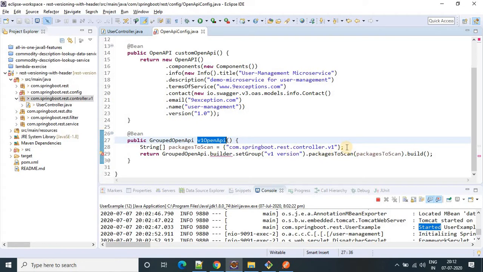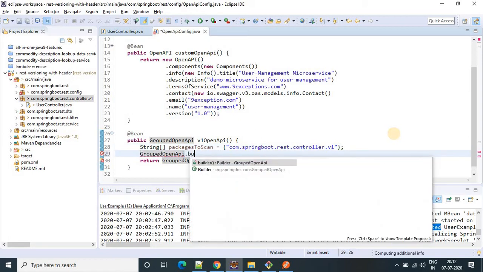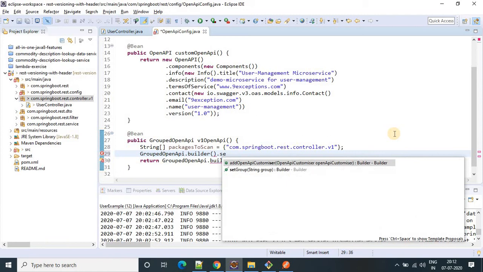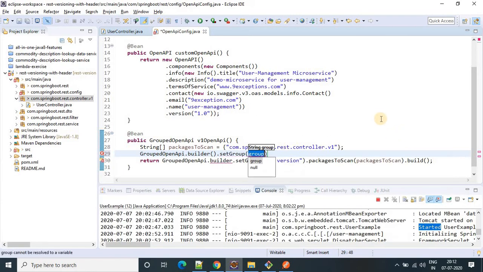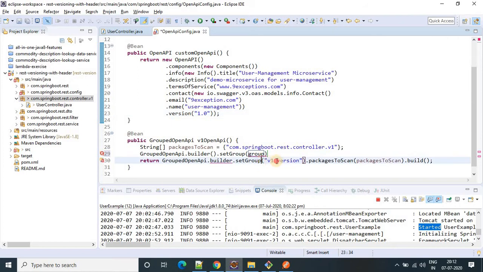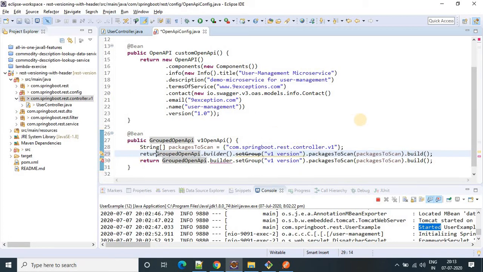Now we are returning GroupedOpenApi dot builder dot setGroup, build, and this line is not needed.